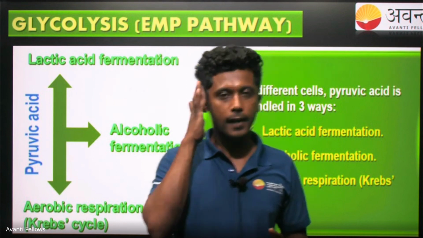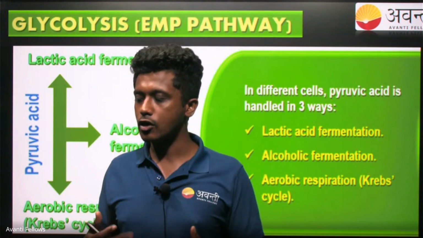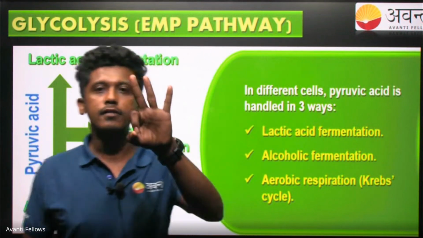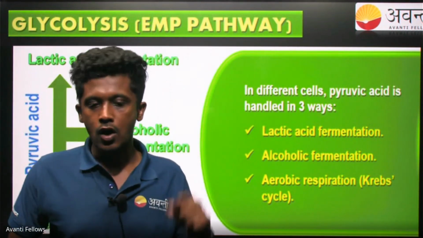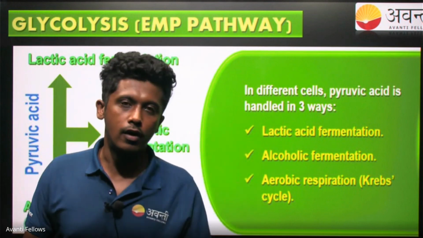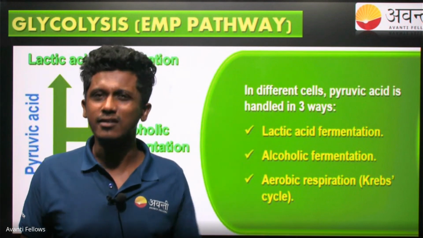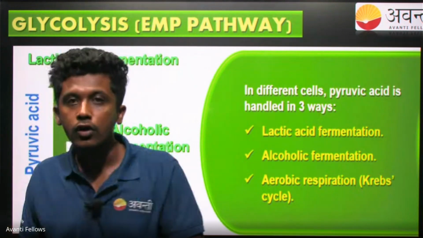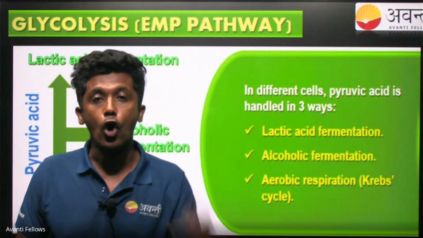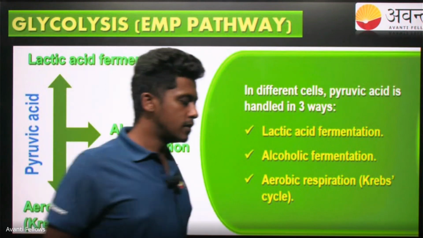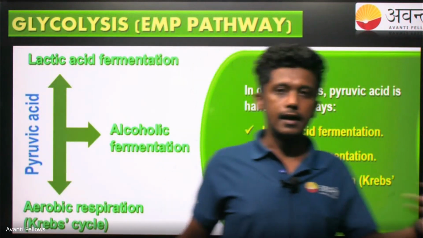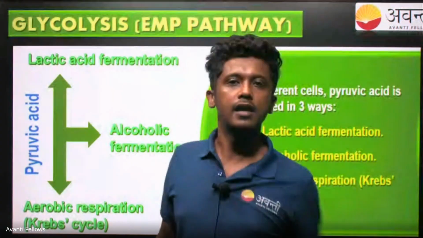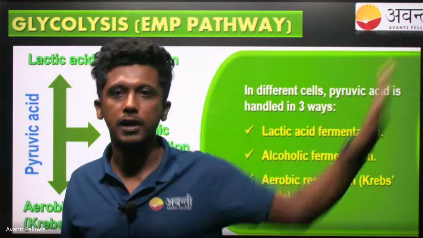The fate of the pyruvate is determined by the type of cell we are talking about. It takes three paths basically. One, in anaerobic organisms, for example yeast or any unicellular organisms that are facultative anaerobes or obligate anaerobes. Facultative means sometimes they require oxygen, and obligate are the ones that are compulsorily anaerobic in nature. So that is the anaerobic part.